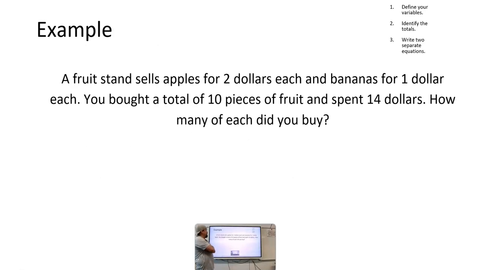So a fruit stand sells apples for $2 each and bananas for $1 each. You bought a total of 10 pieces of fruit and spent $14. How many of each did you buy? All right, so looks like we have apples and bananas that we're trying to figure out how many we bought. So I'm going to go ahead and write down